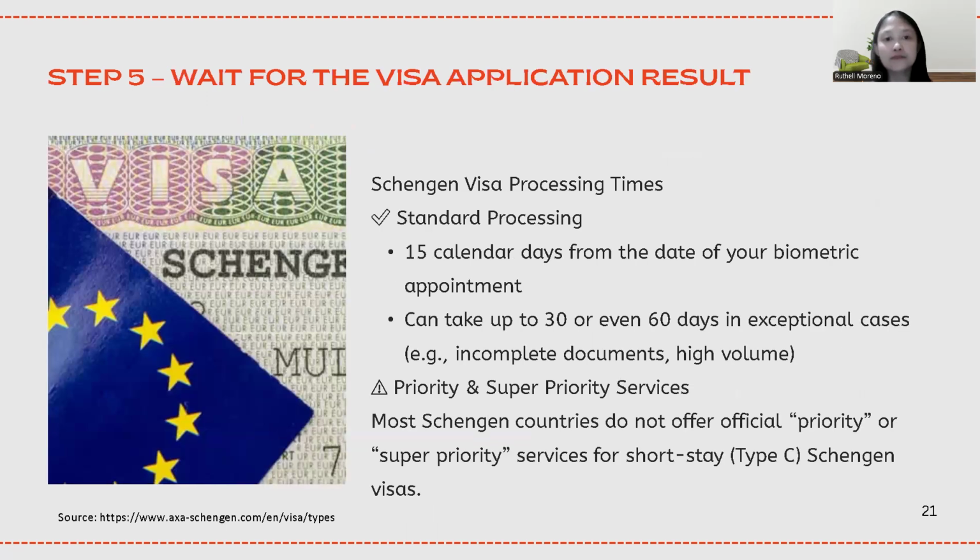Next is Schengen visa processing times. The standard processing is 15 calendar days from the date of your biometric appointment. So we applied for Schengen visa March 4, 2025, and we got our passports March 26, 2025. So it can take up to 30 or even 60 days in exceptional cases. For example, if you have incomplete documents, or if there's high volume of applicants, then it can take longer than